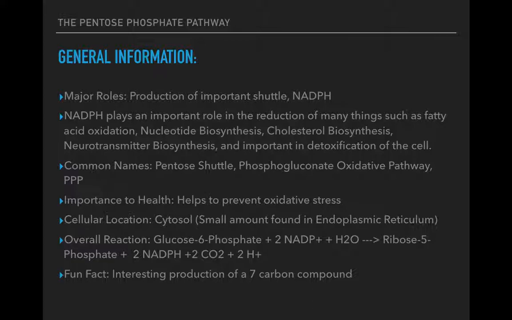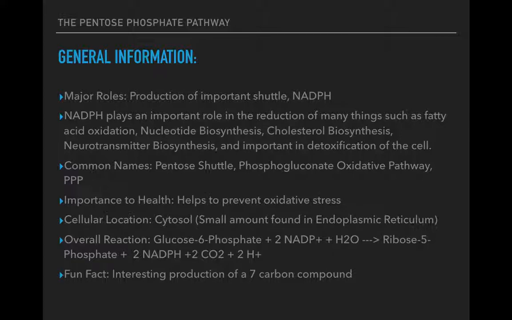You may also know the pentose phosphate pathway by some of its more common names, which would be pentose shuttle, or the phosphopentose or phosphogluconate oxidative pathway, or the PPP. There's some very interesting health facts. It also helps prevent oxidative stress. The location of the pentose phosphate pathway is in the cytosol, and there have been small amounts found in the endoplasmic